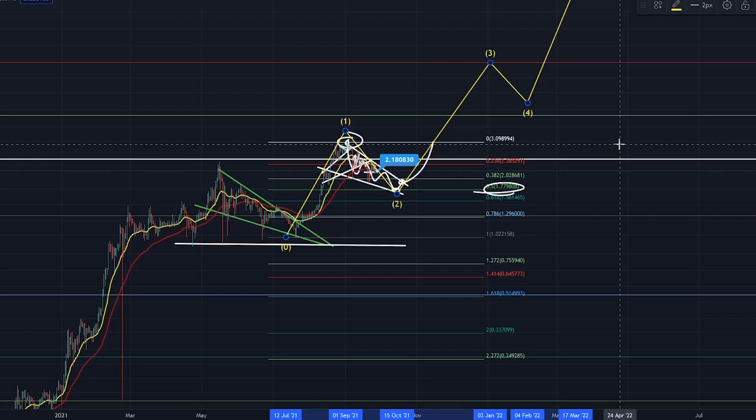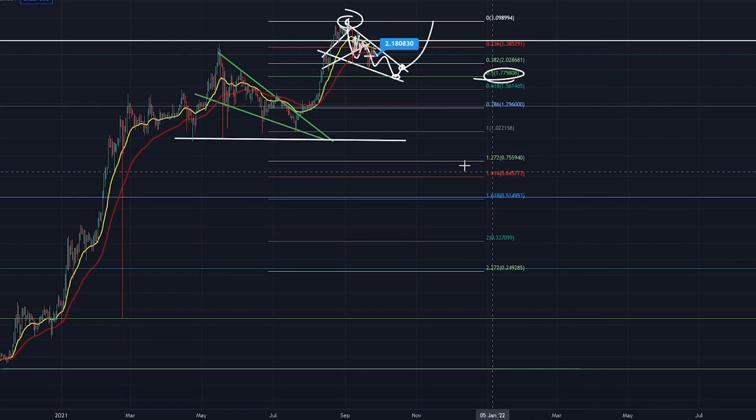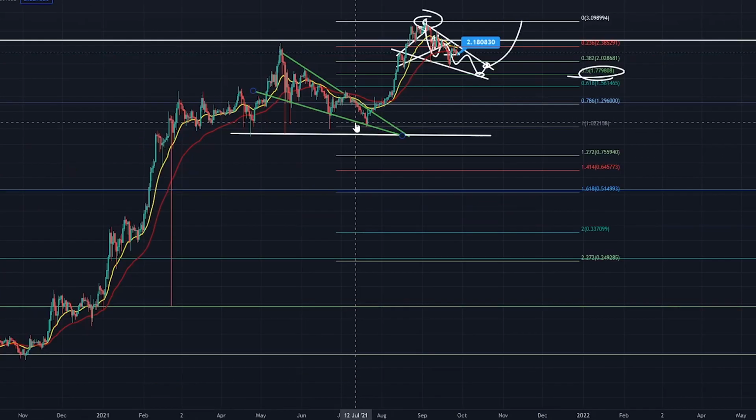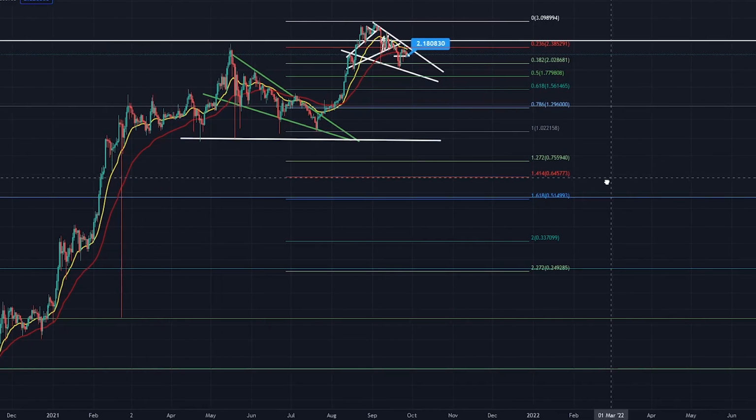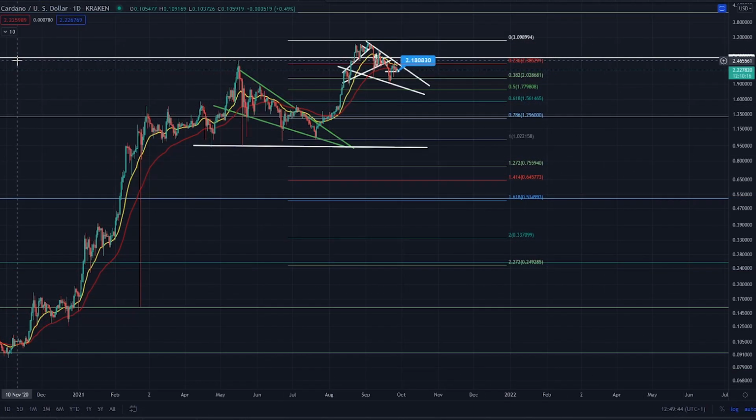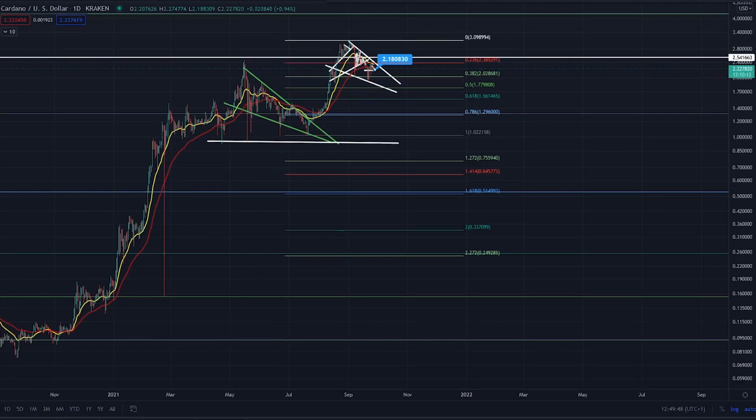Okay, if we do start to fall down here and lose these key level supports for Cardano, then you're rolling over, you're going to create a reversal wave. I've already gone through that with you. So it's retracing, and it's so strong that it's being held up by a higher level of retracement than most other coins, to be honest with you, because this is how bullish Cardano is. And like I said to you, this is potentially just one big bull flag.